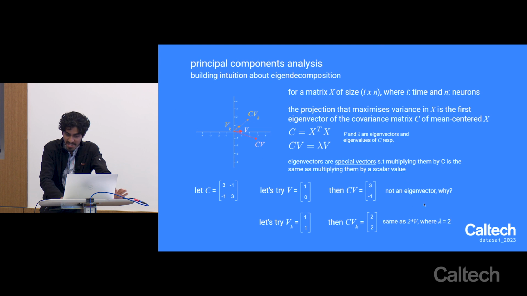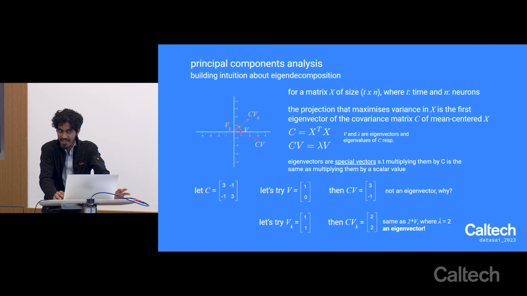And so such a space, right, where you can basically multiply a vector v by c and get back a multiple of that vector is called an eigenvector of that space, right? This is sort of an intuitive, simple way of thinking about what eigenvectors are. In this case, your lambda, which is referring to the eigenvalue, which represents the importance of that eigenvector, is a simple value 2, right? Now, this is not the only eigenvector of the system.